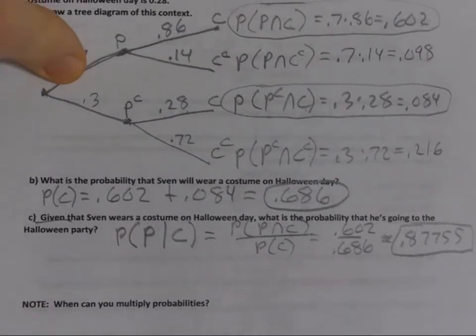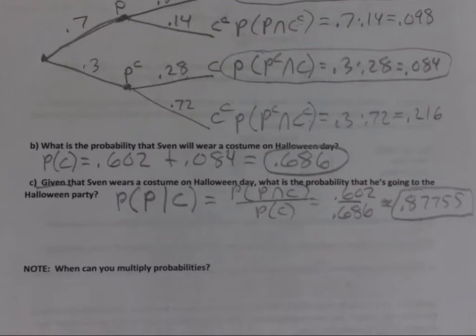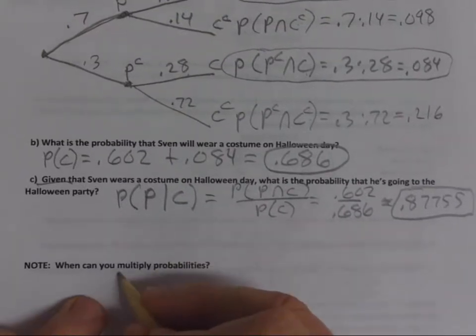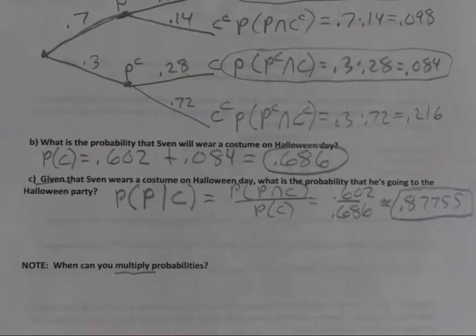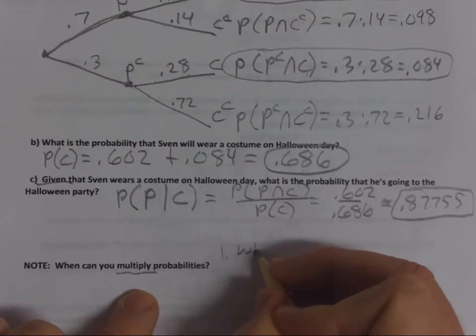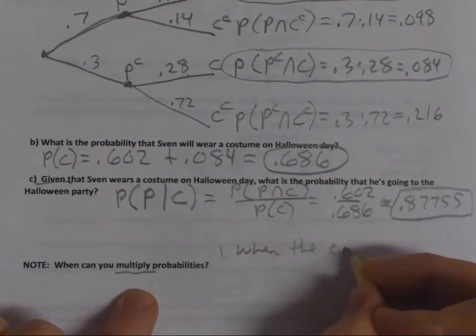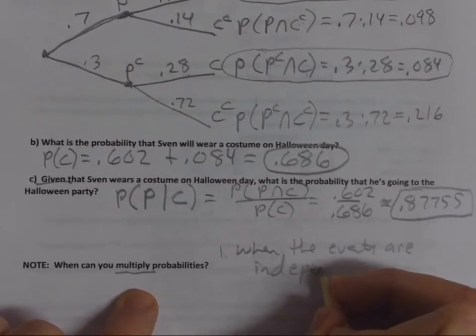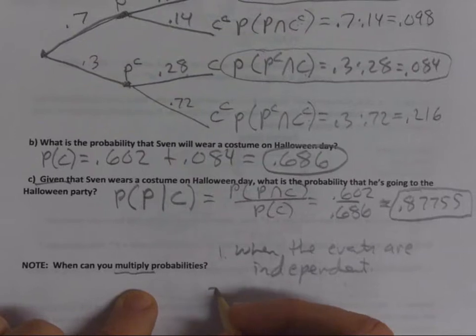So there we go. And so that's pretty much section 5.3. But a couple things. When can you multiply probabilities? In other words, you're asked to find the probability of multiple events, like, what's the probability of getting, let's say, 4 spades or something like that. You can multiply. Number one, you can multiply when the events are independent. Or 2,